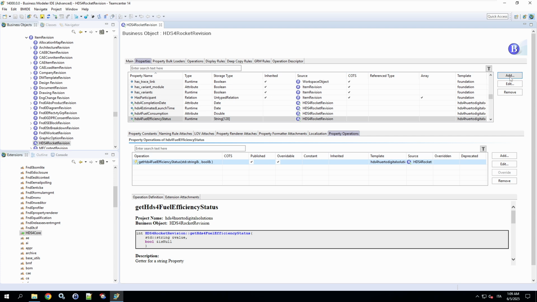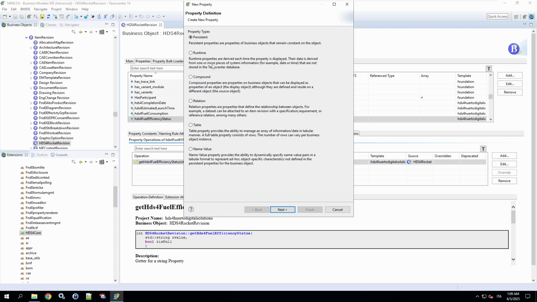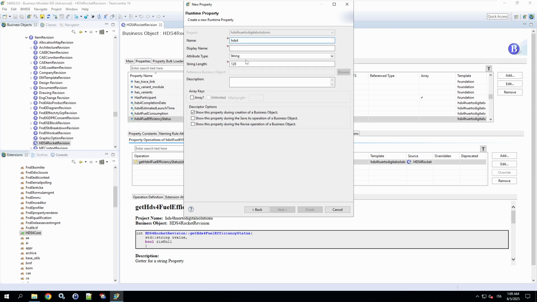The third property is HDS4 Mission Readiness Score, an integer type. It's calculated using two persistent properties: test completion ratio, the test completion percentage, and system checks passed, the number of checks passed out of 50. The formula is test completion ratio x 0.6 plus system checks passed divided by 50 x 40.